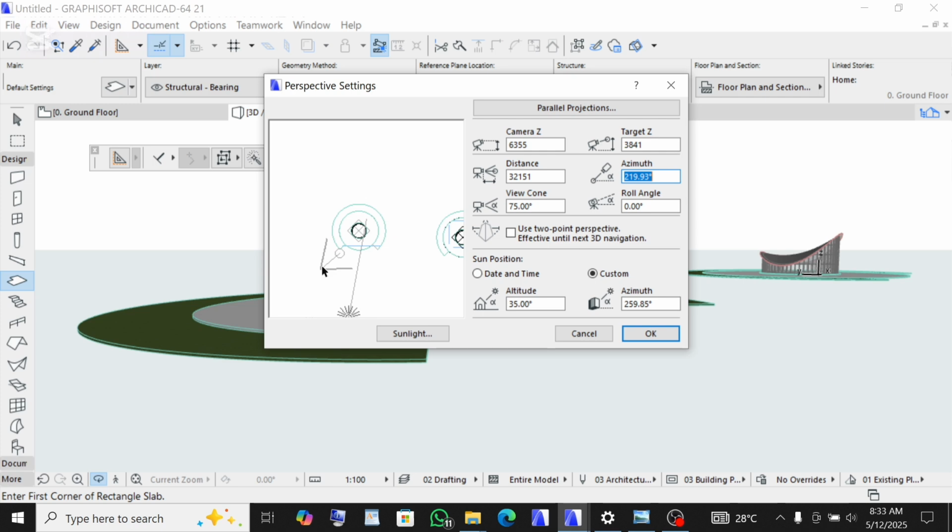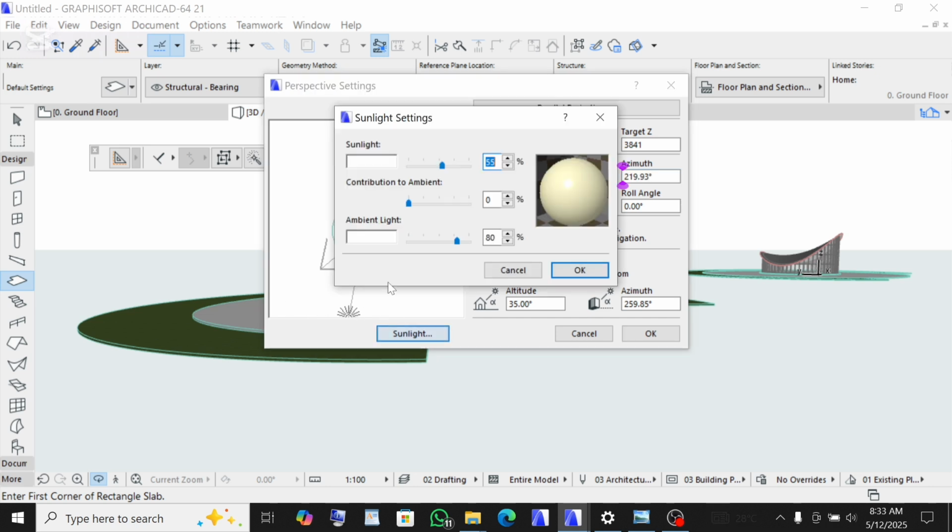Okay, let's assume here is you, where you are viewing the 3D object from. If you move this, if you take it to another position, you will see the 3D is going to change. The position of where the 3D is now is going to change. So I won't change this. I'm only going to change this sun position and click the sunlight to make some